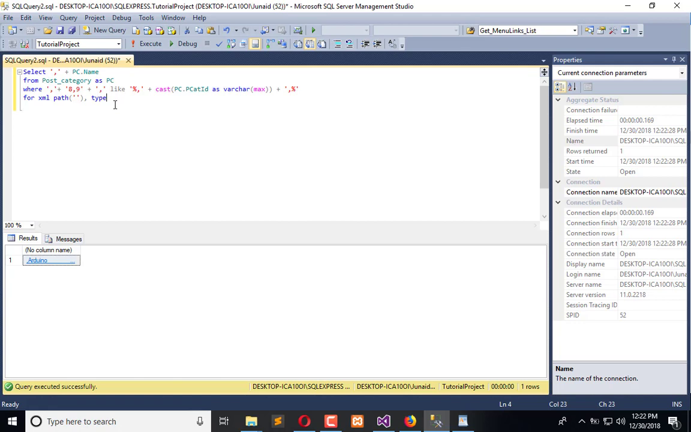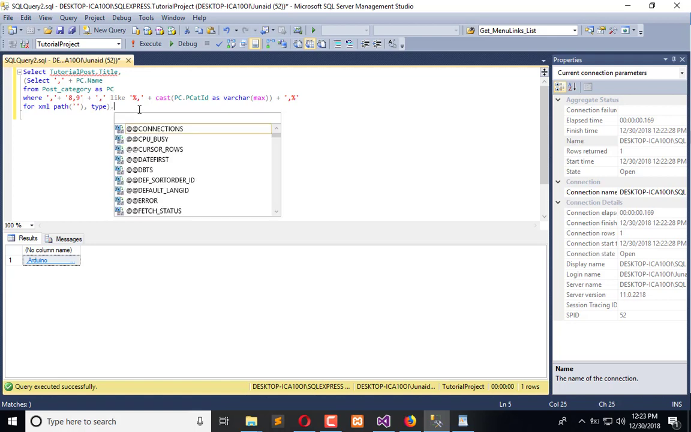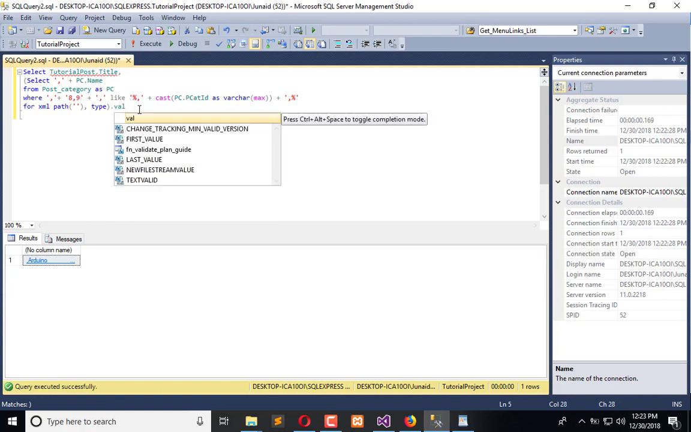Now we need to enclose it in here and use the main query. Select tutorial post dot title, or whatever fields you require, and comma. From here we will use dot value